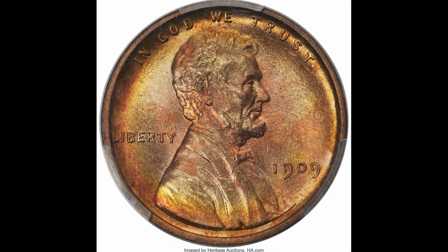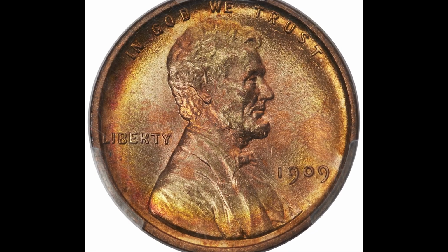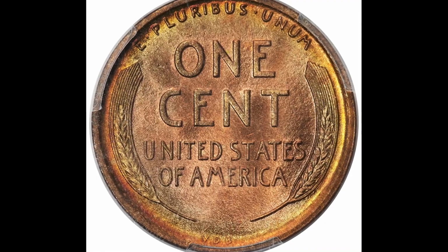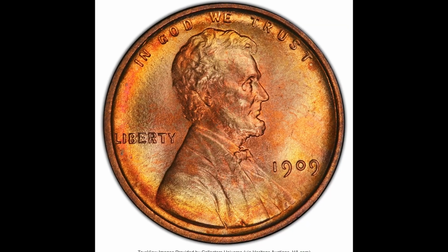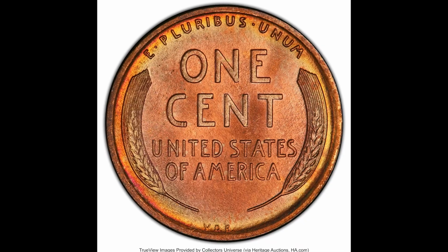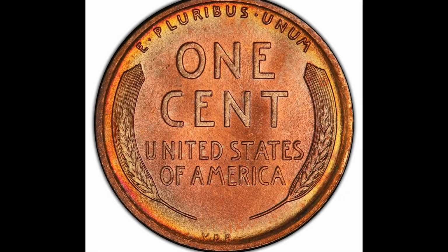Here we go. Here's a 1909 VDB coin with no S mint mark. The previous coin had that S mint mark, which stands for the San Francisco Mint, where that coin was produced. If you have a coin like this with no mint mark, most of the time that's going to mean that it was produced at the Philadelphia Mint. This one graded by PCGS at a mint state 67 plus red, which is an enormous grade for this coin, and that's why it sold for